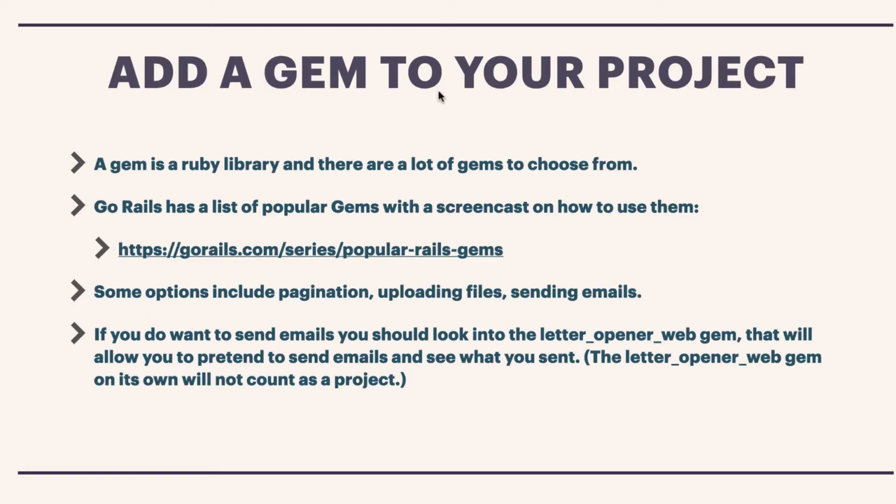Now, another thing you can do is add a gem to your project. A gem is a Ruby library, and a library is just code that somebody else has written for you, and there are lots of gems that tie in to Ruby on Rails and work with that. Go Rails has a list of popular gems with a screencast on how to use them. So you can go to this URL right here and find a list of gems, and they include pagination,